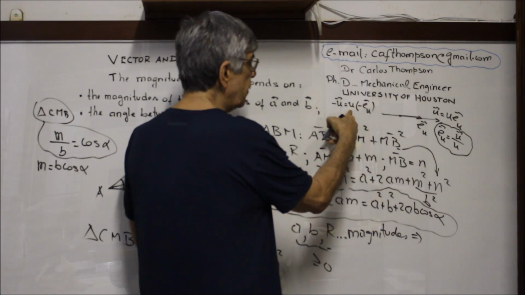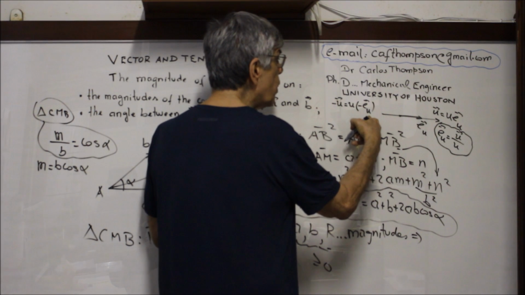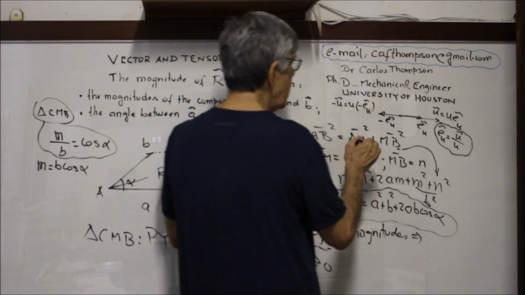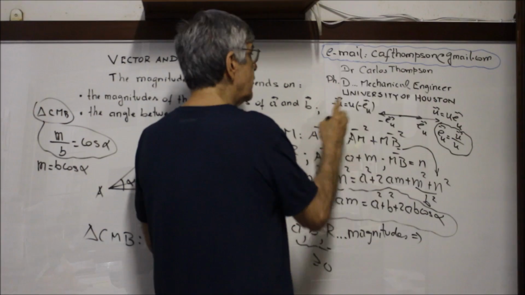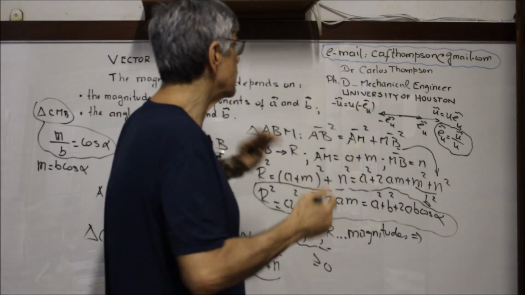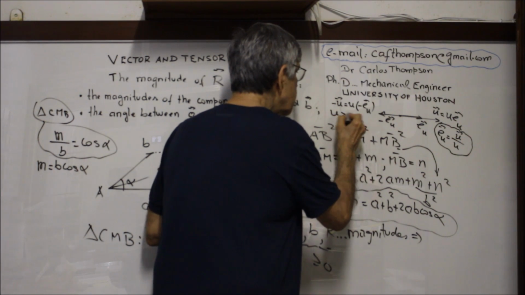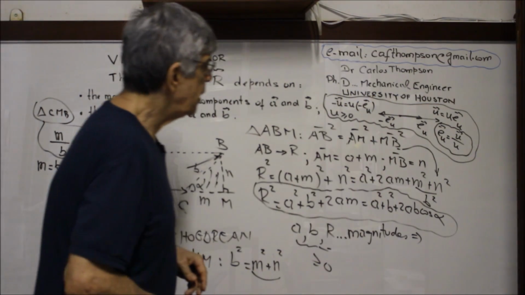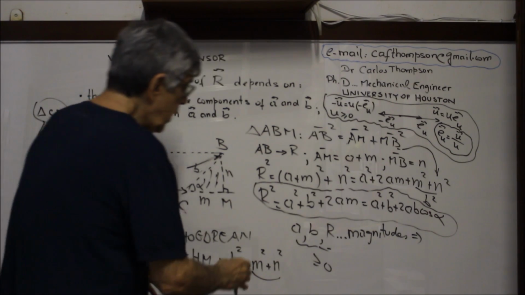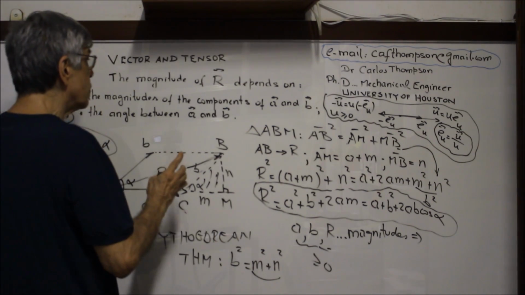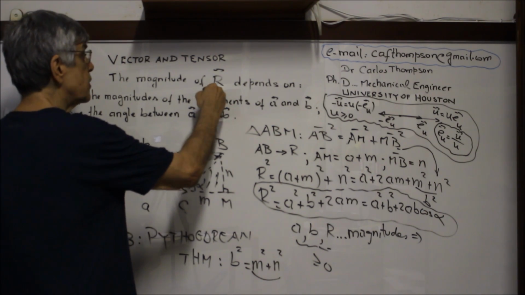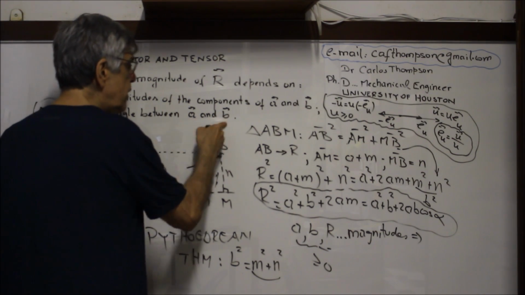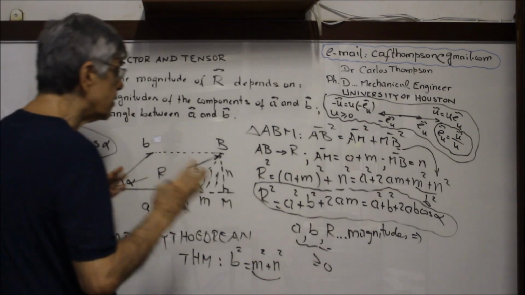Because this is a magnitude, it will never be negative. Minus EU is this direction. So the negative doesn't come from the magnitude. The magnitude is always greater than or equal to 0. That's very important for you to apply. Now, A, B, and R are magnitudes: the magnitude of the resultant R, and the magnitudes of vectors A and B. They are always greater than or equal to 0. But,